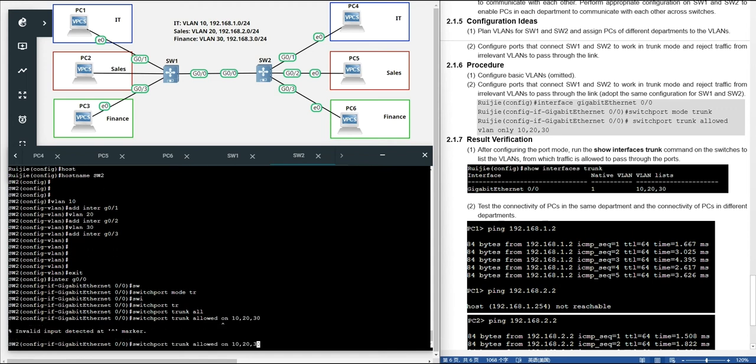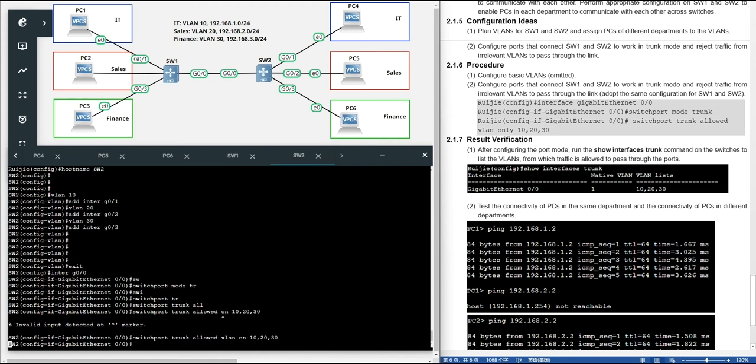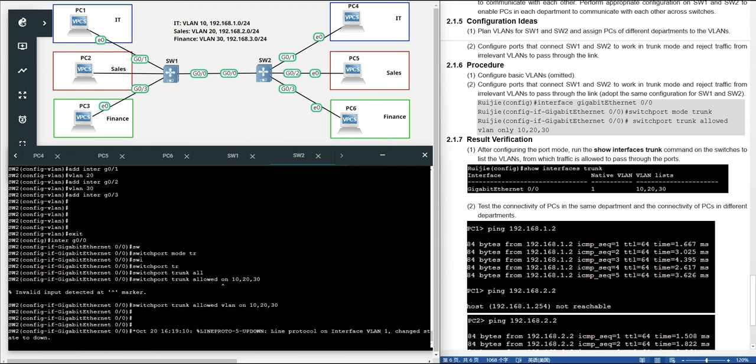Oh, sorry, I lost the key command of VLAN. Okay. Of course, on the practice guide, I only show you the key configuration here, right? But you have to add the configuration both on switch 1 and switch 2.